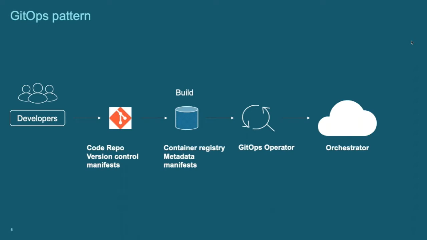And the moment it detects a change, it pulls that file and translates that into configurations and applies them, and then keeps watching to make sure the intended state of the infrastructure remains in sync with the state declared in Git. So this is more or less like handling your infrastructure state declaratively with the help of a Git repo and basic GitOps principle. So the GitOps operator is the key piece here.